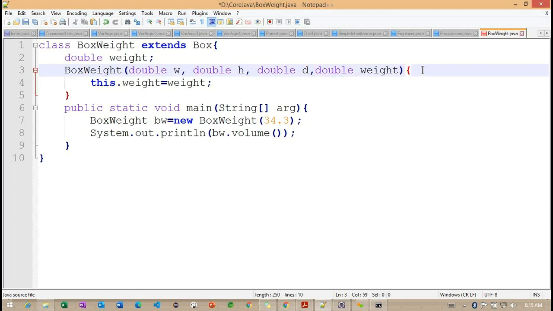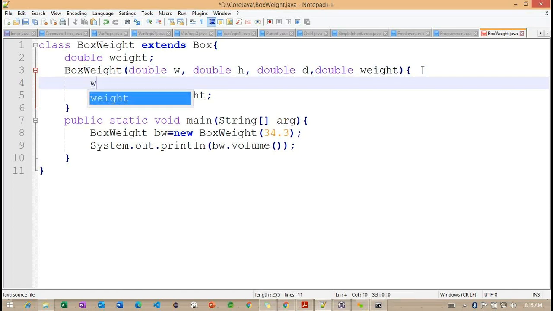Now I define 4 variables here. Okay, let me copy this particular, the 3 variables here.